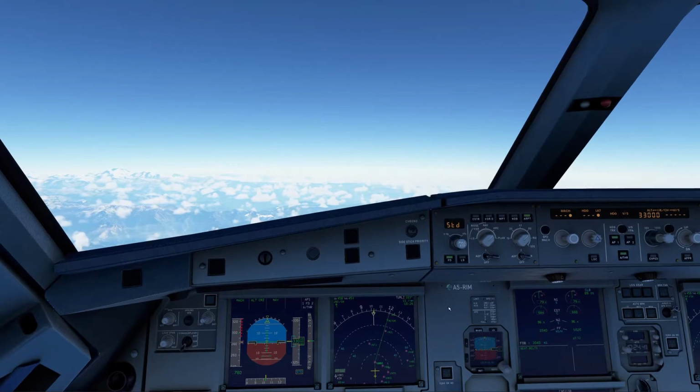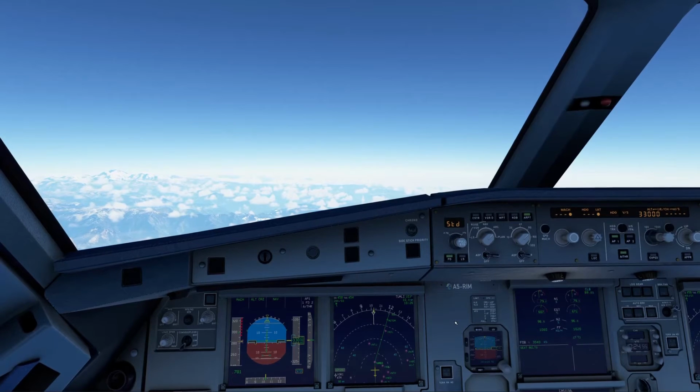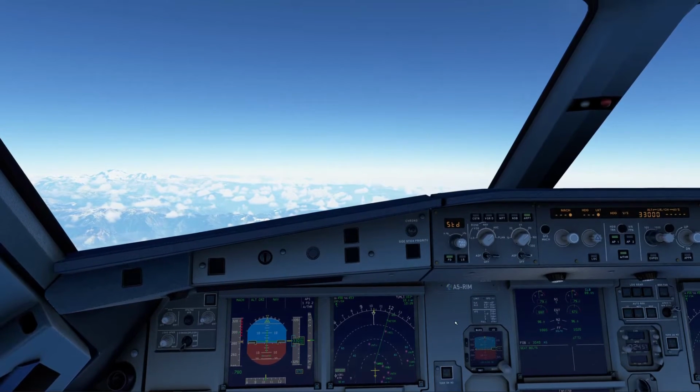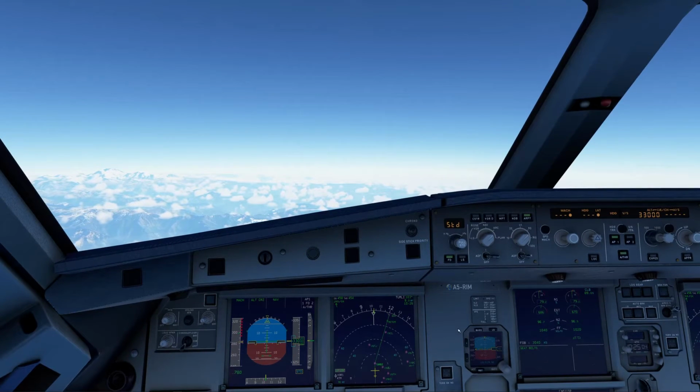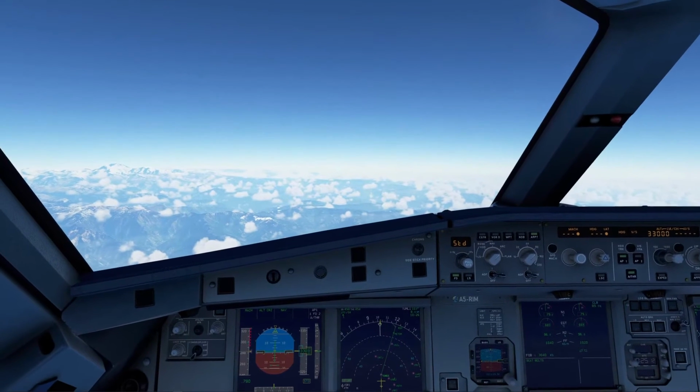You notice there we've got A5-RIM, which is the official registration of one of the Bhutan Airlines fleet. Let's just raise the seat a bit.